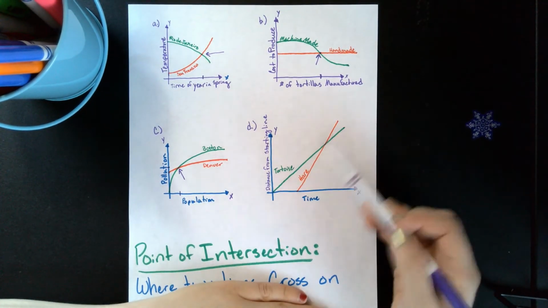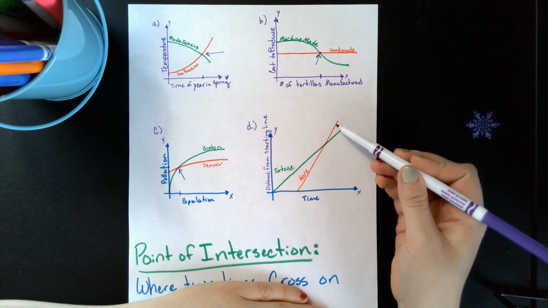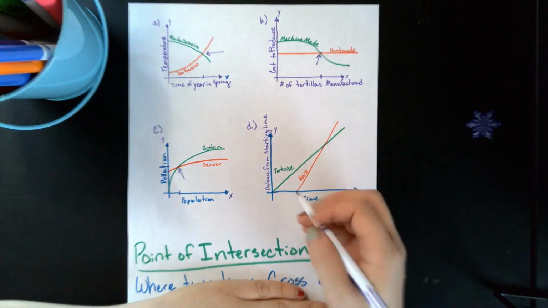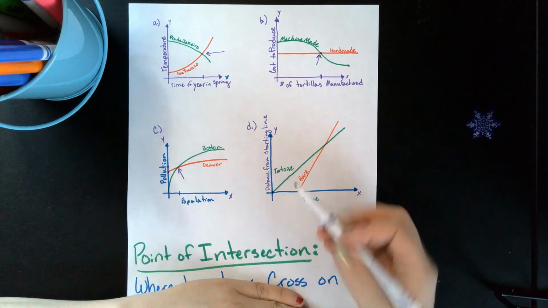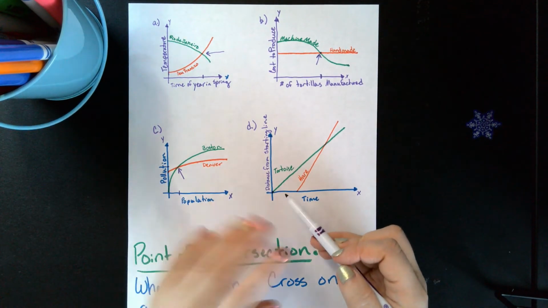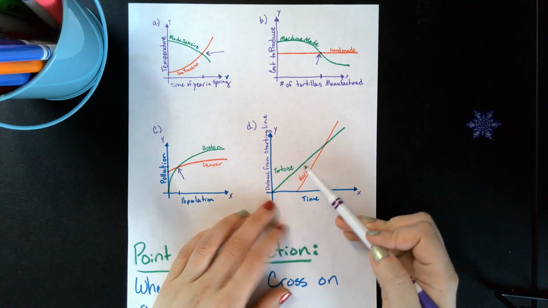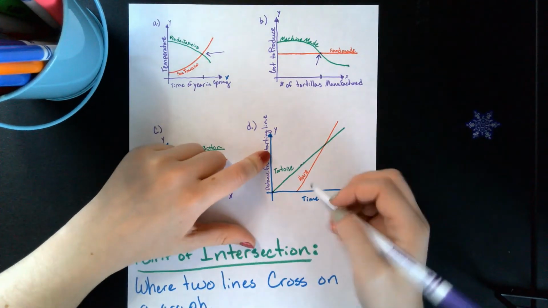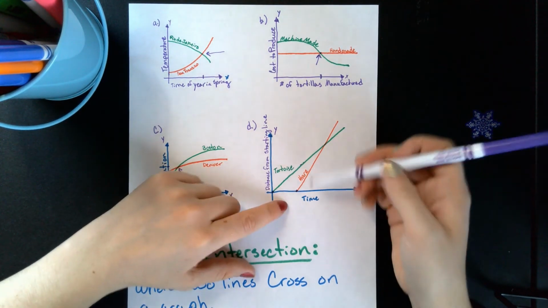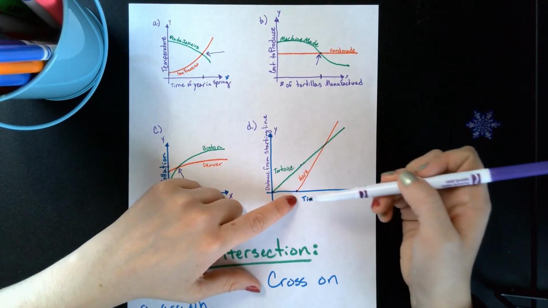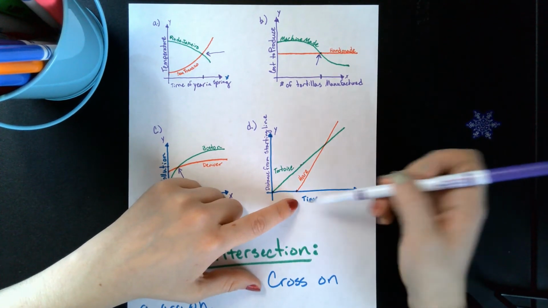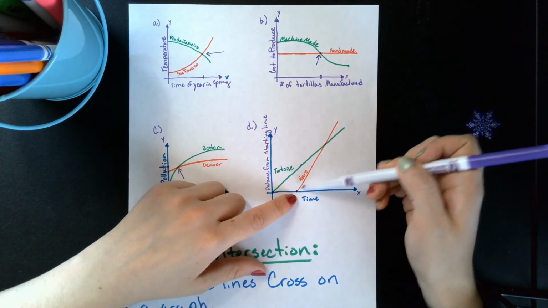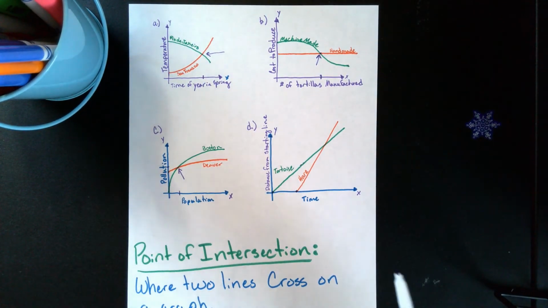In this graph, we are looking at the tortoise and the hare, or the turtle and the rabbit, in their race. Naturally, the tortoise starts out exactly when the race starts, and he's very slow and steady. He is very slowly gaining distance away from the starting line. The cocky hare thinks, oh man, that turtle's so slow, I can start whenever. So he starts quite a bit after the turtle. Because the rabbit is much faster than the turtle, he gains distance very quickly, so his line is considerably steeper.